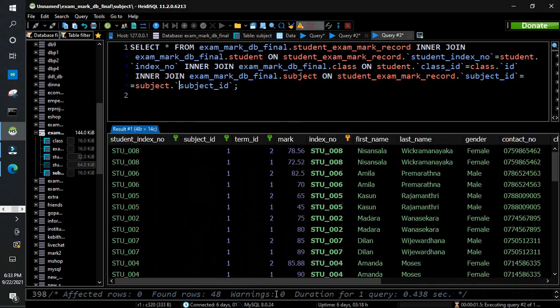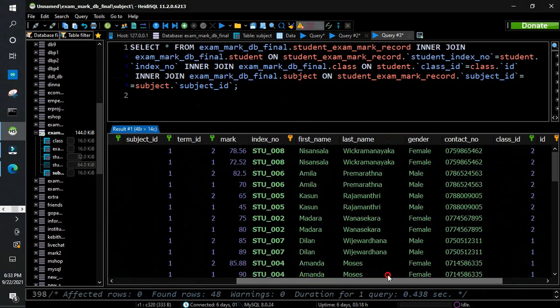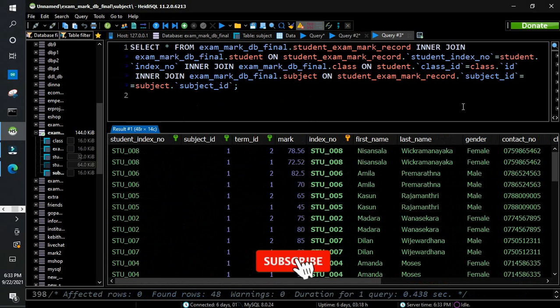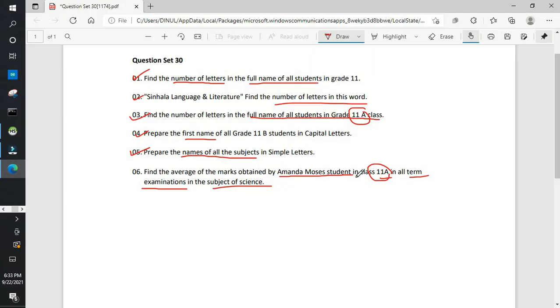Now once I run this, I get the subject table connected to this as well. So in this question we have connected 4 tables: the marks table, student table, class table, and lastly the subject table. There are altogether 5 tables in the database, but we only selected 4.